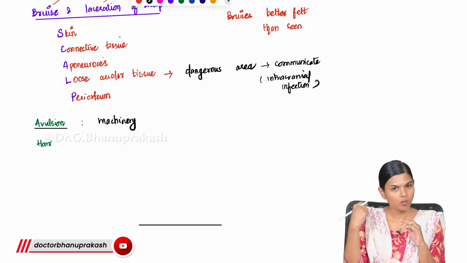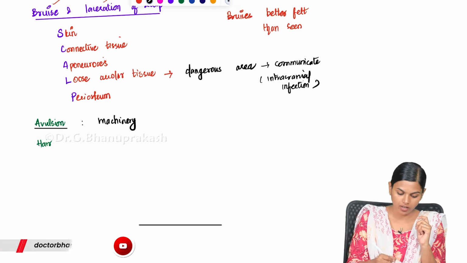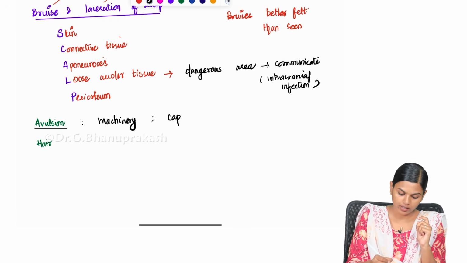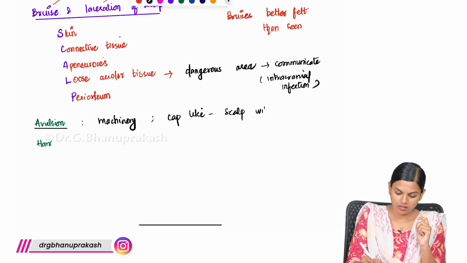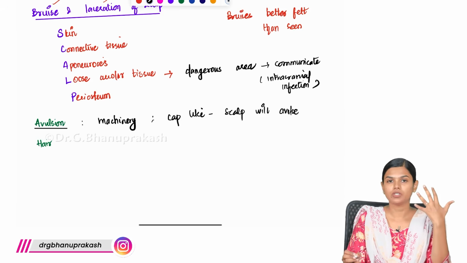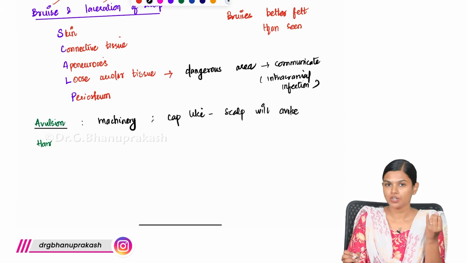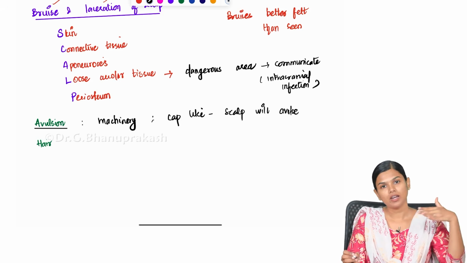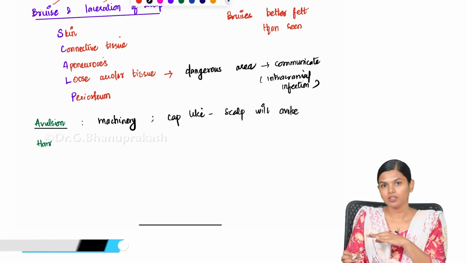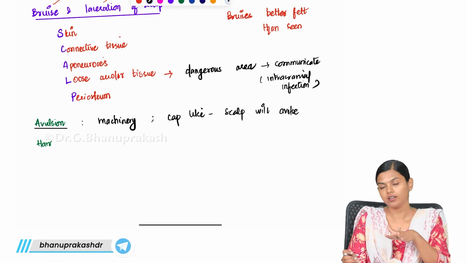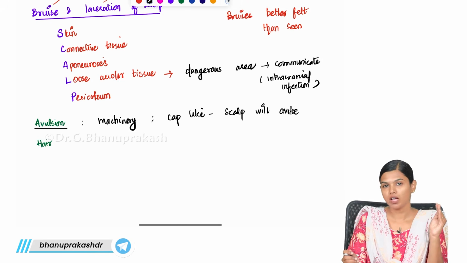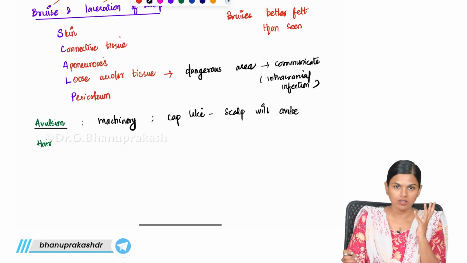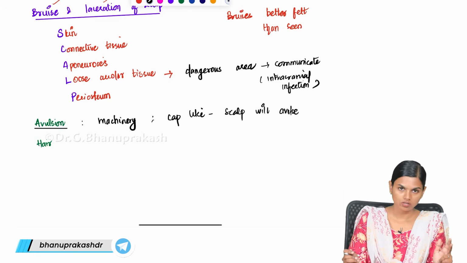So the top of the head, the scalp, it will come off like a cap. Your scalp will avulse and the cranium will become visible. This avulsion is most common in these machinery injuries, and if there is any accident, any running over, if the head is getting inside the machinery or under a tire or anything, at that time also there can be avulsion of the scalp, leaving only the skull. So this avulsion is also seen in scalp.